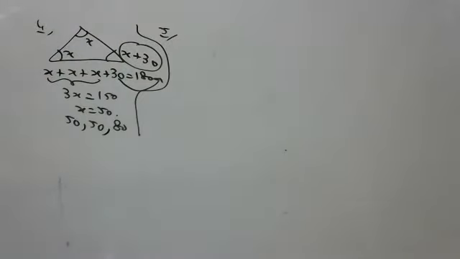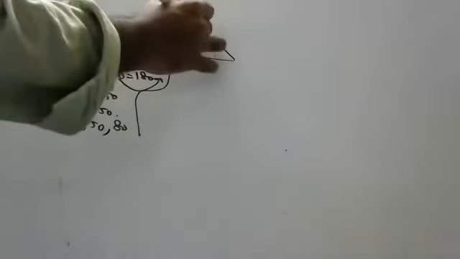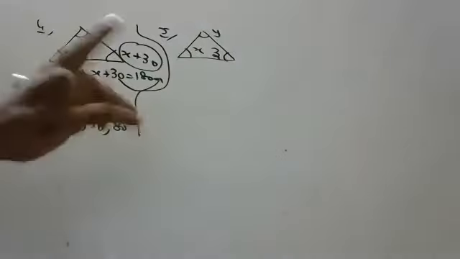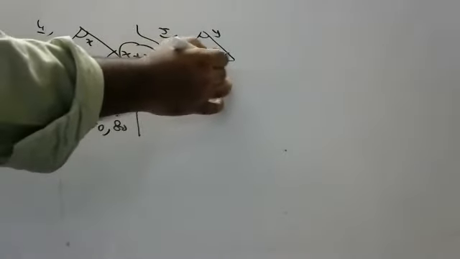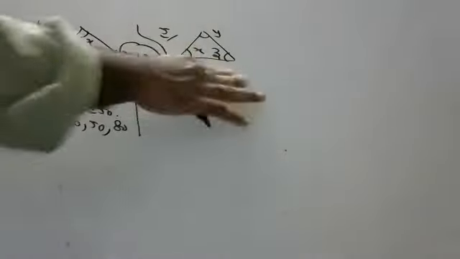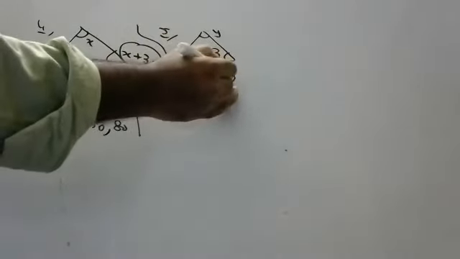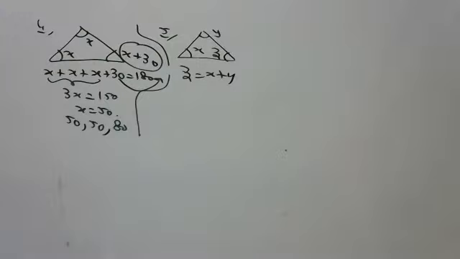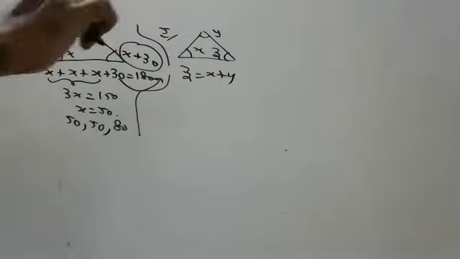Okay, next, children. There is a small discussion. What if one angle of a triangle is equal to the sum of the other two? Children, what he's saying means, take x, y, z. He's saying one angle is the sum of the other two. All of you try to understand. I will take x is equal to y plus z, or you may say, sir, I will take z is equal to x plus y. Your wish. One angle is the sum of the other two. Show that one of them is 90 degrees.